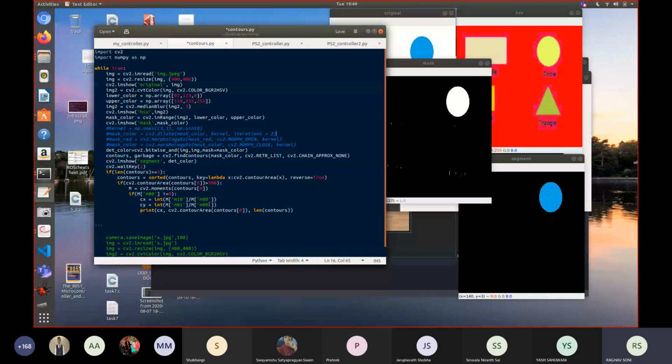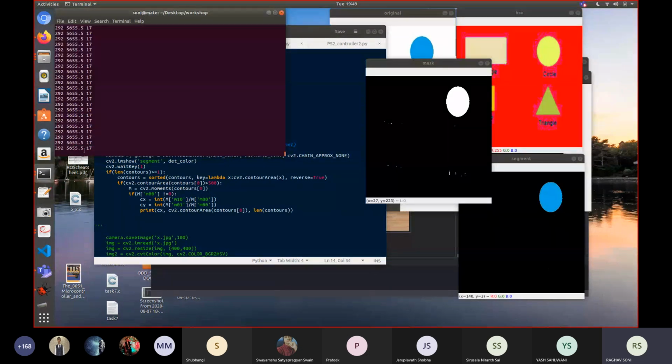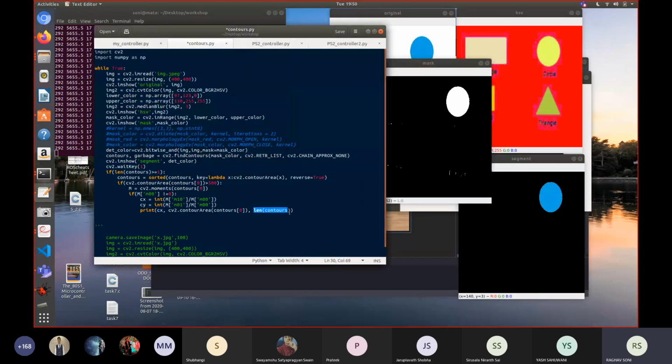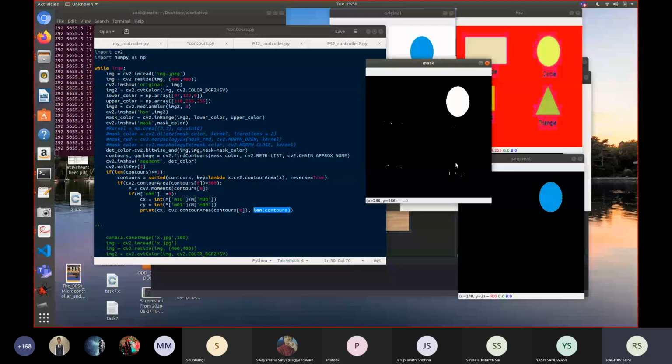Then the contour area and the length of the contours. Here, as you can see, if I print, this is the x coordinate. If my image was 400 by 400, the x coordinate is coming out to be 292. It's lying somewhere here, the x coordinate of the centroid. The area of this small circle is coming out to be 5000 something, so you can see how large it is compared to the noise, which will be very small. And the total number of contours detected in this image is 17. So this is the contour detection, and it will come in handy while you solve the second